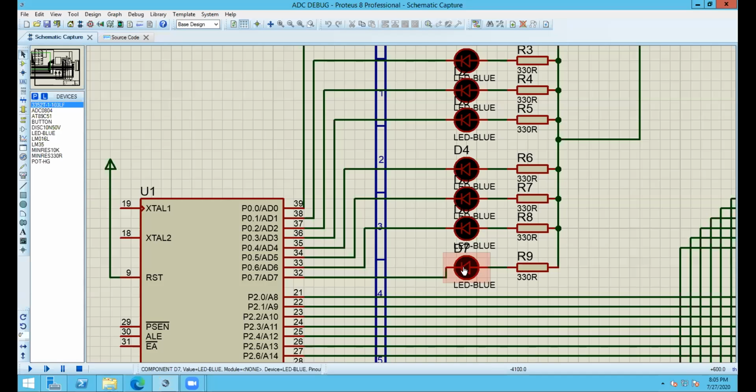To which pin is this LED connected? 0.7. Okay. And how is this LED connected? This LED is already getting power from the power rail. Am I right?